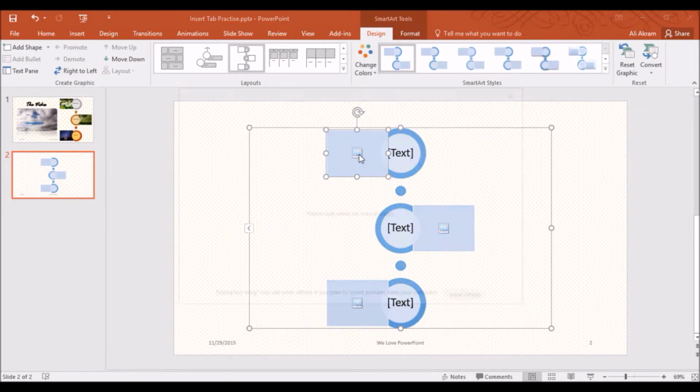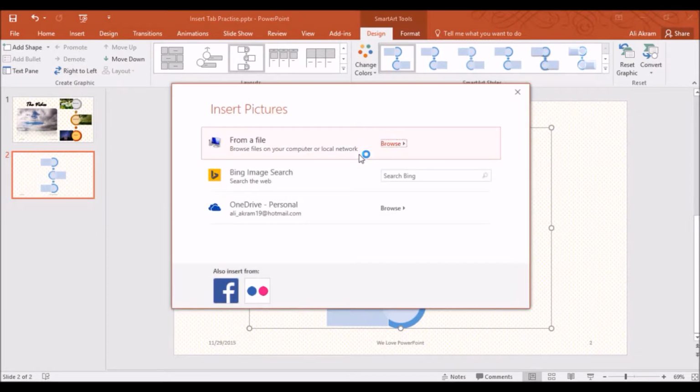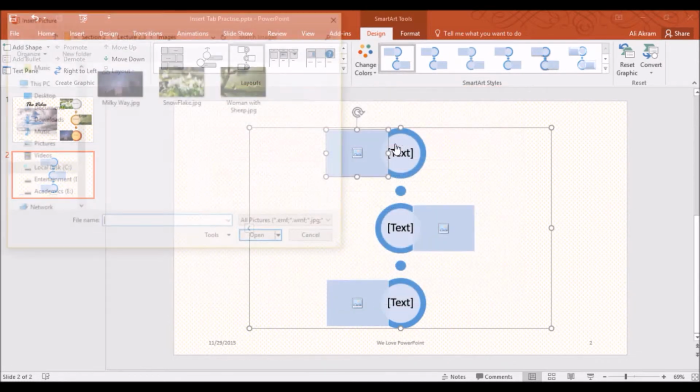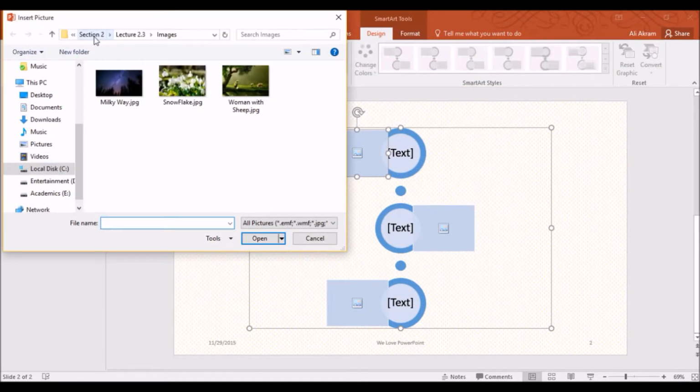We'll click on this icon. In this window, there are various options, whether we want to select our image from our computer, or search for it on the internet using the Bing search, or from our OneDrive, or from other places like Facebook. Since we are interested in selecting our image from computer, we'll click on Browse, go through our course files folder,